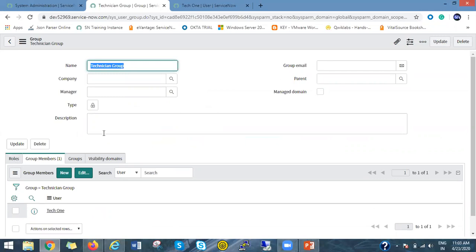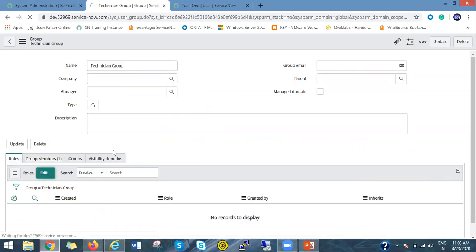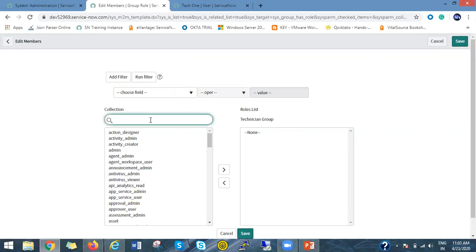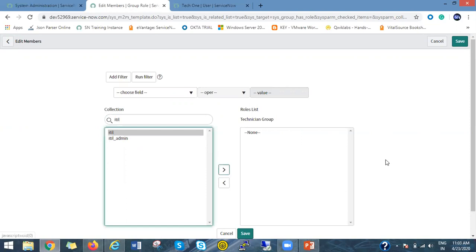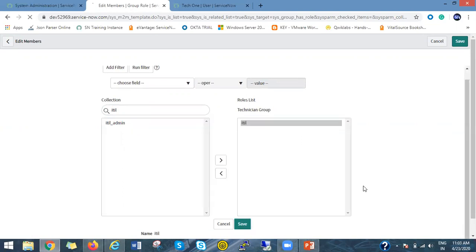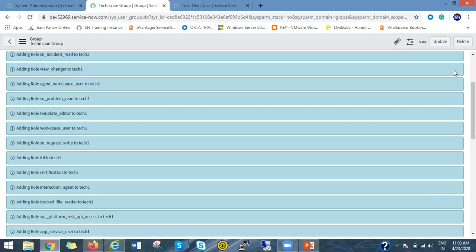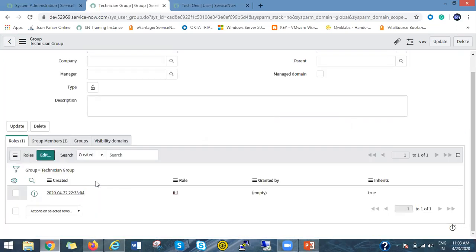So let's assign the ITIL role. Just move it right and save. Now you can see this group has the ITIL role.